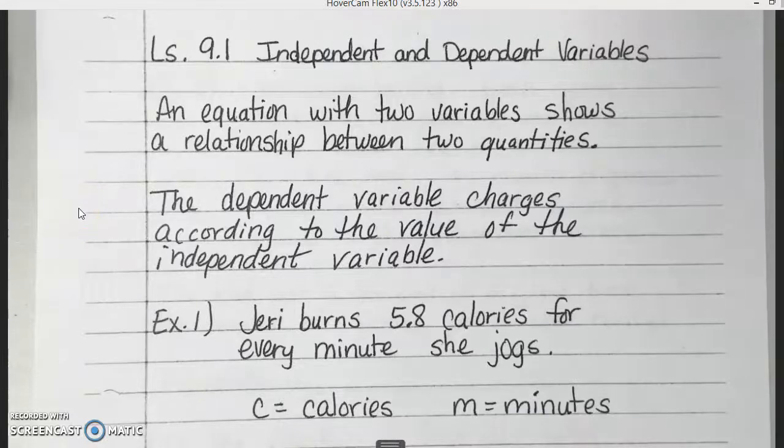This is lesson 9.1, independent and dependent variables. An equation with two variables shows a relationship between two quantities. The dependent variable changes according to the value of the independent. So, for our first example,